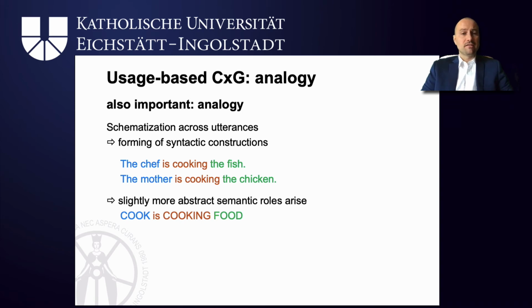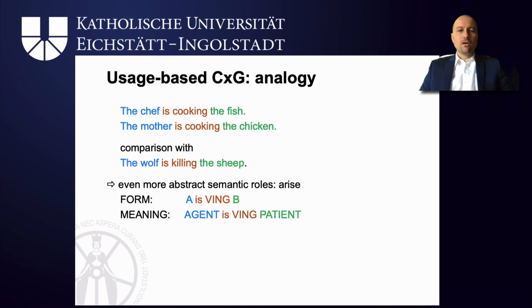And in the same sense, the fish and the chicken show you that there's a slot, you get type frequency, but underlyingly, via analogy, you know that they all have in common that it's something that you can eat. So food. So this shows you how analogy also plays a role in detecting the semantic meaning and the formal template of a construction. When you then come across instances like the wolf is killing the sheep, you can generalize to an even higher schema, because now you can still see that A is Ving B,